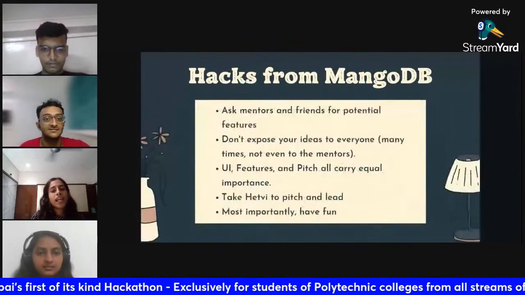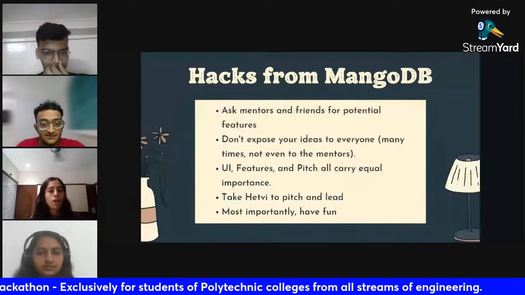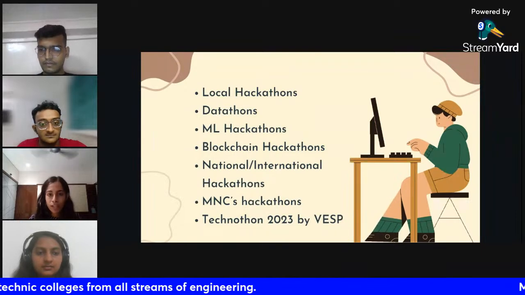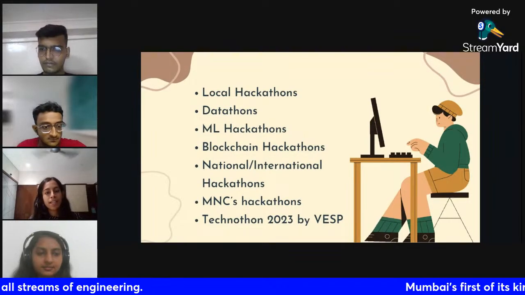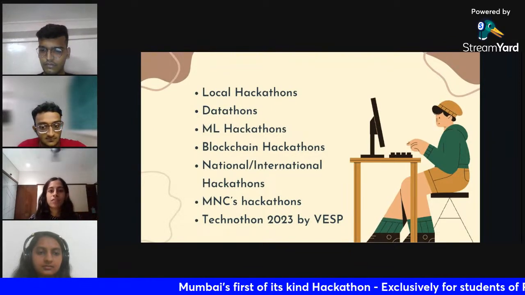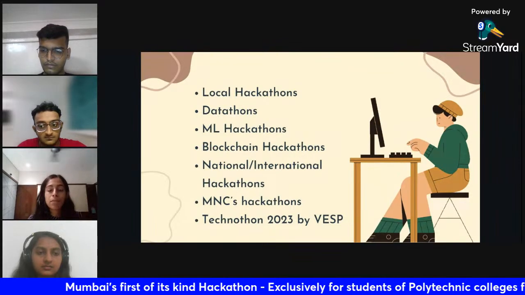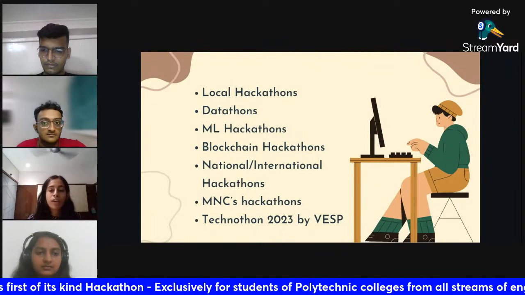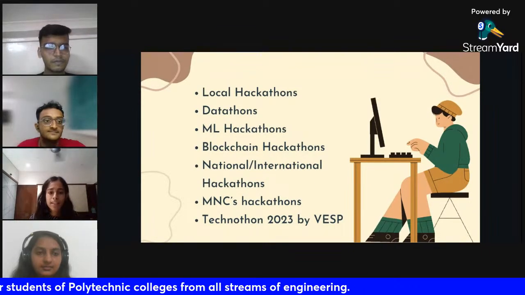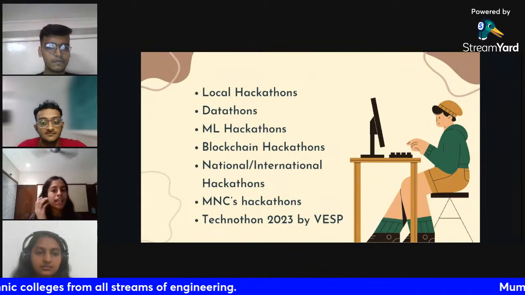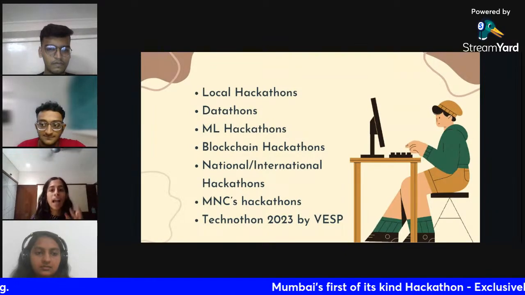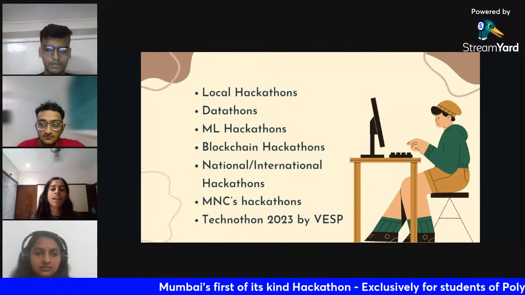For an MNC hackathon, I'd like to give the example of JP Morgan. JP Morgan recruits interns as well as freshers through their hackathon, which is Code for Good. If you all might know, this Code for Good event takes place where, after 2 or 3 rounds of shortlisting, the final round is the hackathon round. In the hackathon round, they analyze how good of a team builder you are, how good of a team leader you are, how well you can work in a team. MNCs, multinational companies like JP Morgan, do recruitment through hackathons. This is why we are stressing the importance of hackathons and how important it is to work and build a team.